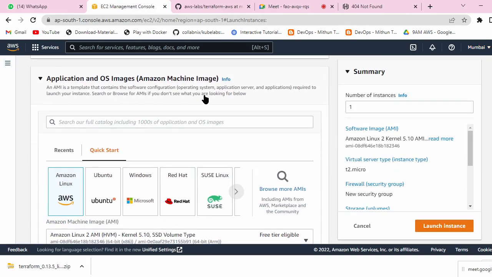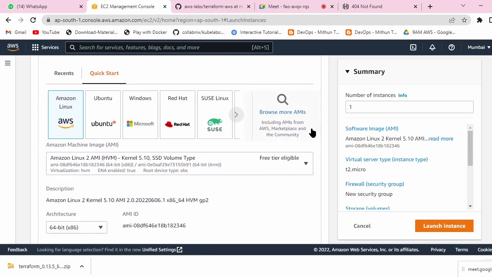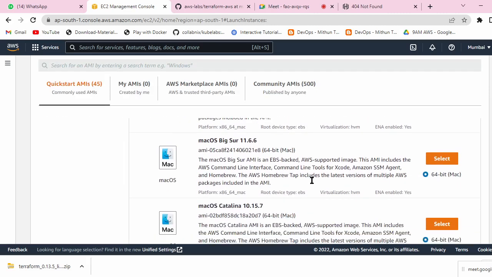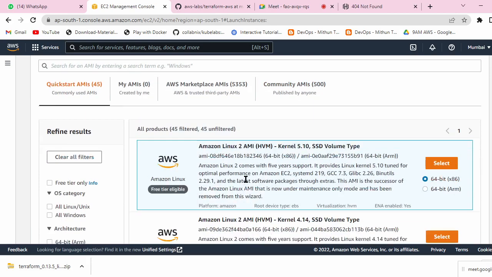This is the AMI section, right? I took browse more AMIs. I took the image ID from here. You can see the AMI, this ID. This ID I took.